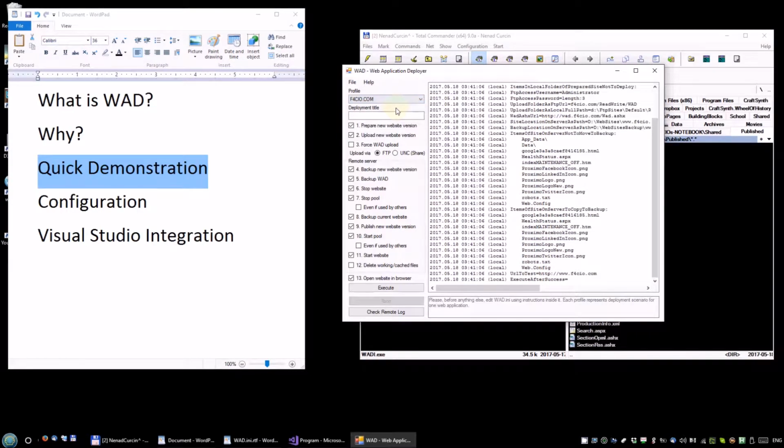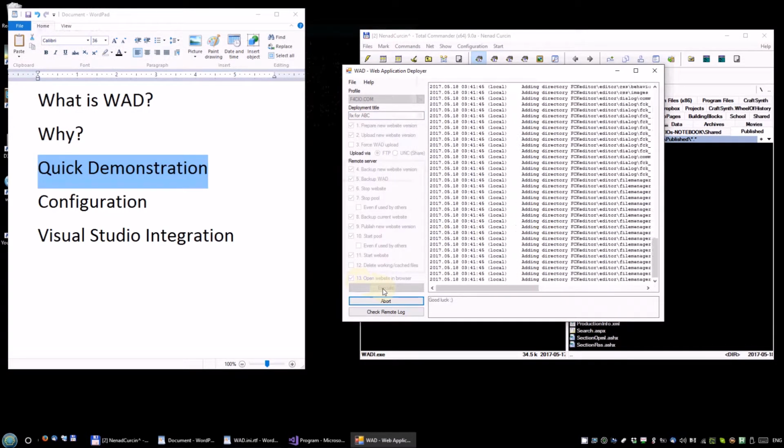So you first select your earlier configured profile for particular website. You enter name of your deployment, practically what has been changed on website since your last publish, and over here you select which steps you want this tool to perform. And when you click execute,